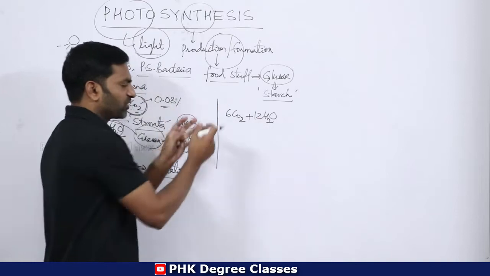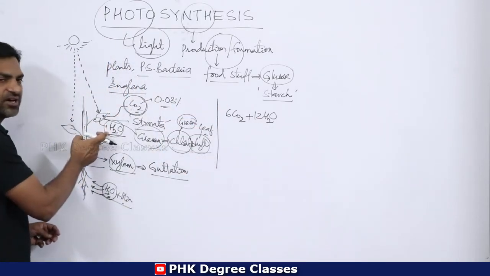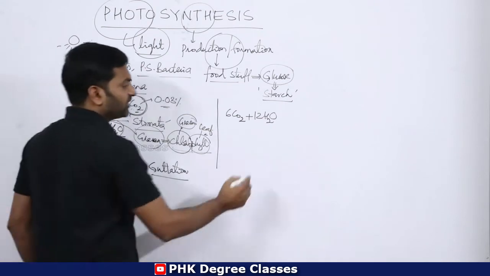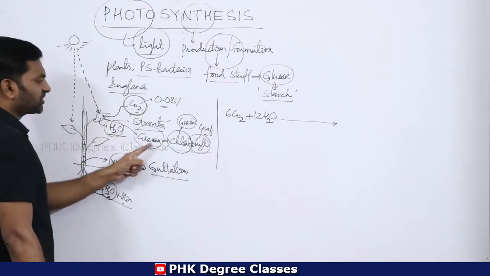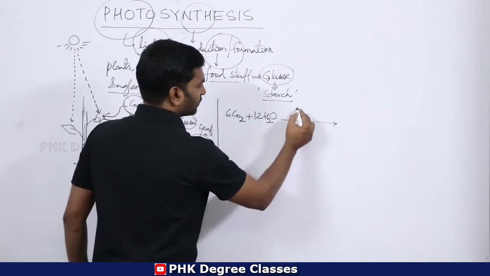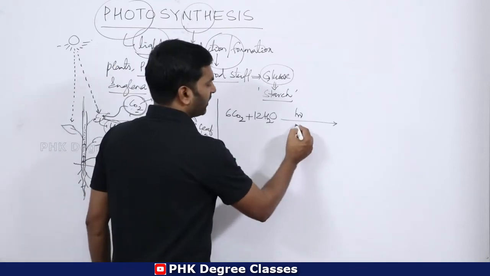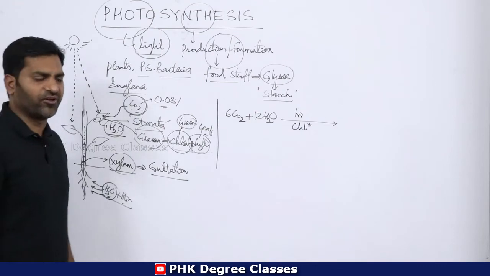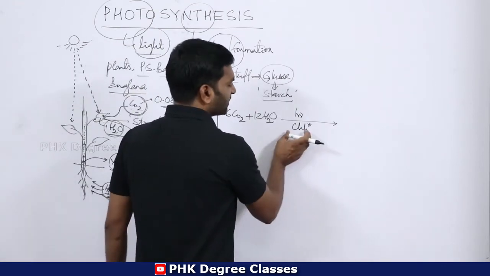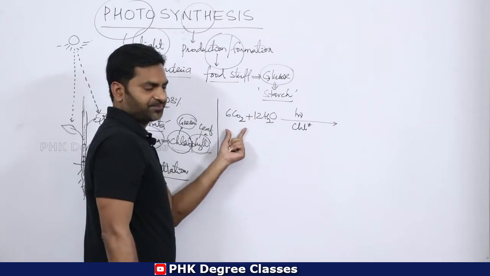So they combine together. For example, you can see the diagram. This is carbon dioxide, this is water. They combine together in the presence of whom? In the presence of sunlight and chlorophyll. Okay, so this is what? H nu indicates sunlight, and CHL indicates what? Chlorophyll pigment. So in the presence of chlorophyll and H nu, water combines with carbon dioxide and there will